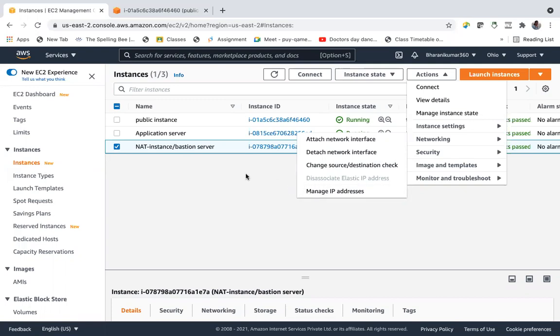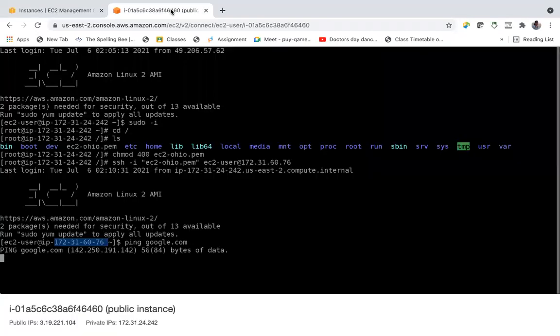Suppose I run yum install httpd, we have already run this, right? I am installing httpd from the internet.